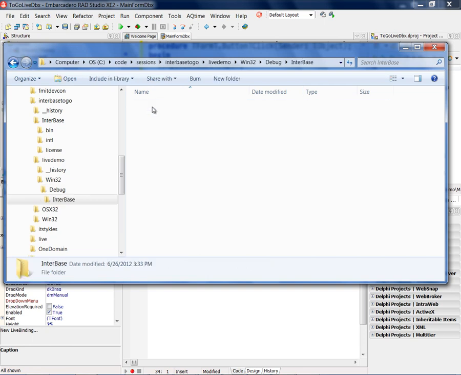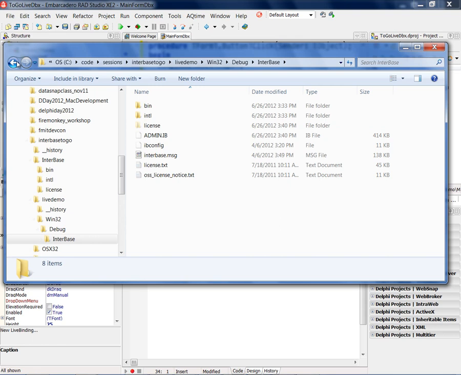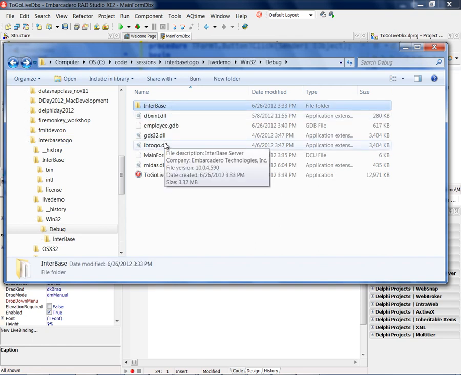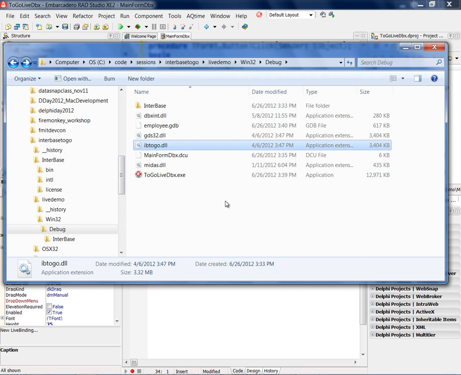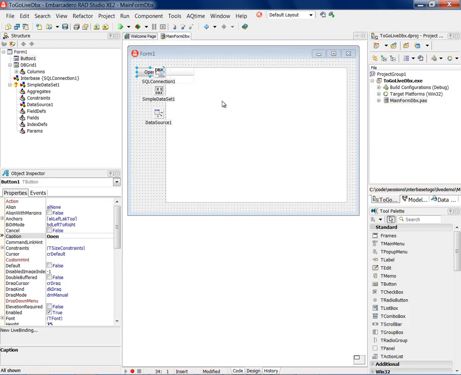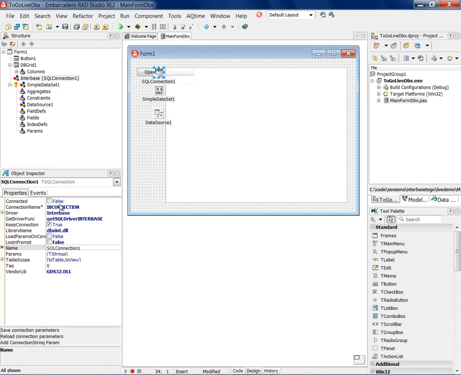Again, you also need the licensing information and a few extras. There's a configuration file, the messages, but there's very little beyond the InterBase ToGo DLL file renamed to GDS32.dll. Now, the interesting thing about this model is that if I now re-enable the InterBase server, I can get back to my application and actually use the connection